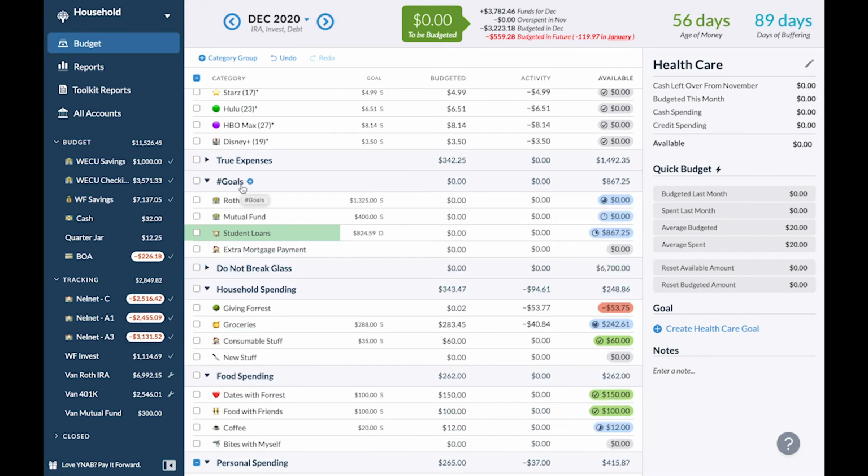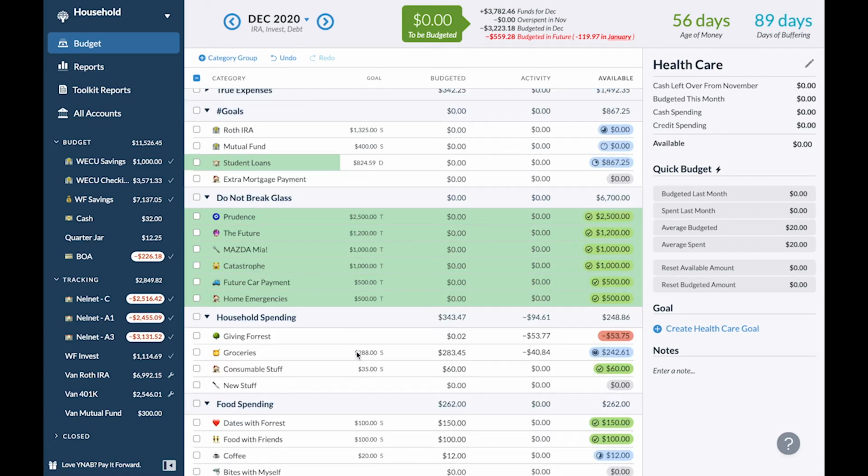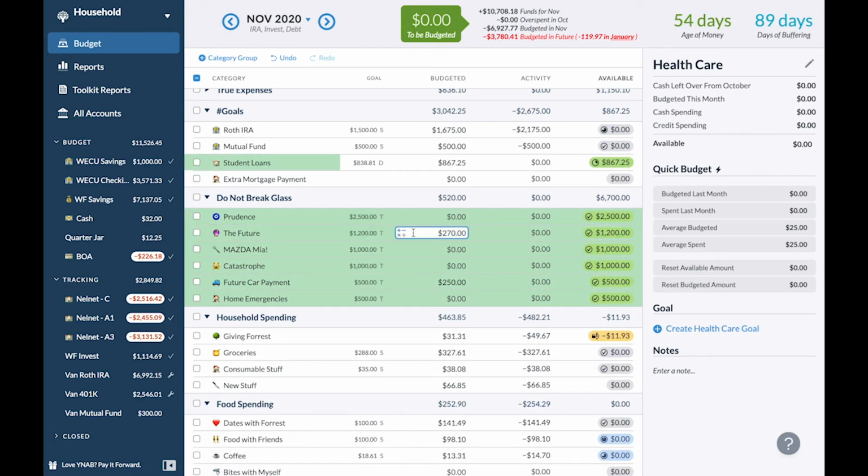Goals have just really decreased and become more focused. Since we last talked, I took out my spending goals, like a new TV and a new couch just aren't our priorities. And when I say our, I mean me and my boyfriend. Do not break glass. I haven't taken anything out of these categories. I don't think I put anything in November. Oh, I did, because one of the things I moved from goals would be the future and future car payment. That upped my total emergency fund for now, and when I start contributing to those two again, I'll move them up out of this group.